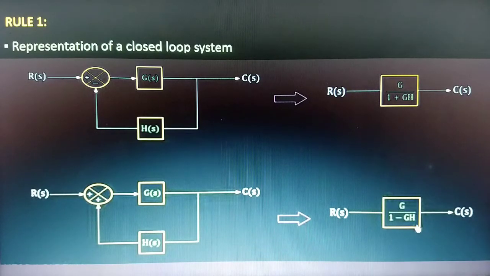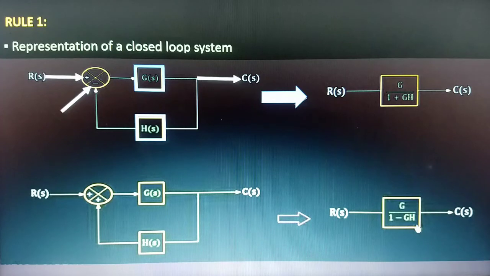Block diagram reduction rules. First, rule 1 of block diagram reduction is the representation of a closed loop system. So we have a closed loop system here, in which the input is R(s), the forward path is G(s), the feedback path gain is H(s), and the output is C(s). We can see this as a negative feedback system. And if you want to convert the system into a single transfer function, we need to calculate the transfer function of the system, which is